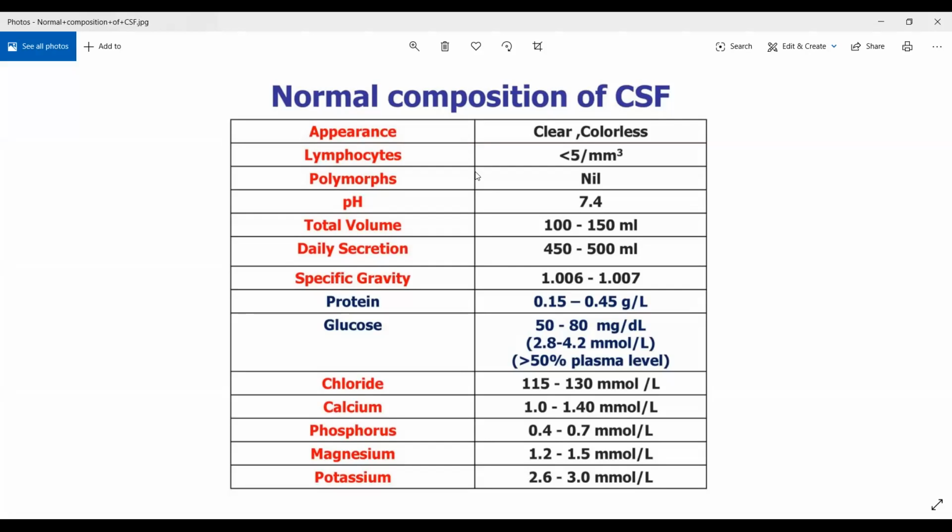ठीक है, in some patients 100 भी रहता, but generally 120 to 150 लेते. In an adult, अगर child है बोले तो कम रहता. ठीक है, especially अगर neonate है तो 10 to 60 ml ही रहता. यहाँ पर daily secretion 450 to 500 दिया, but we know through our calculation that when we studied about CSF, I told you it will be around 600 to 700 ml. ठीक है, per minute a certain amount is secreted. If you keep on calculating through it, you'll get 600 to 700.